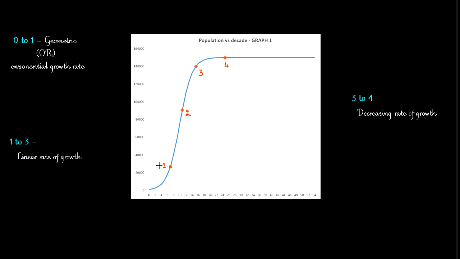So what I've done in this slide is I've just detailed all the different points that are involved, and this understanding will help you in understanding the concepts of population forecasting. So as you can see from points 0 to 1, the growth of the population is relatively geometric or exponential. So when you come across problems involving relatively new population, you can use the geometric or exponential growth rate, because in this curve you are seeing the geometric or exponential trend.